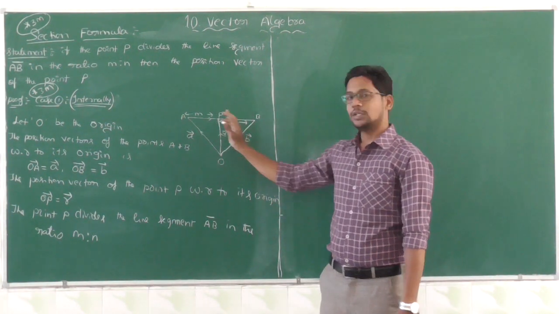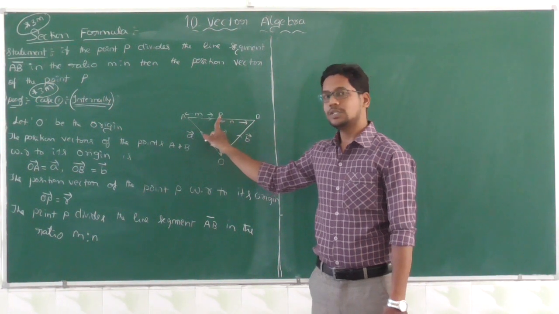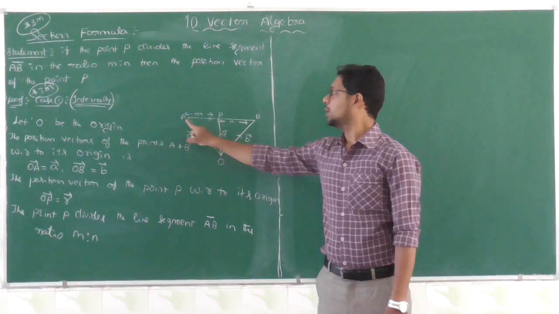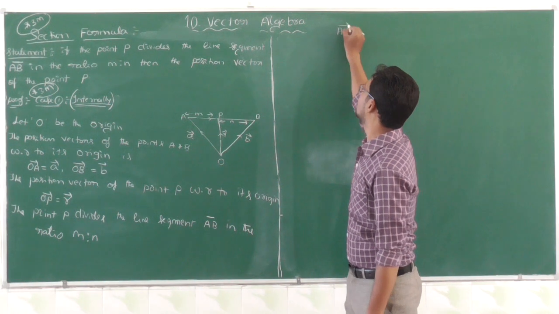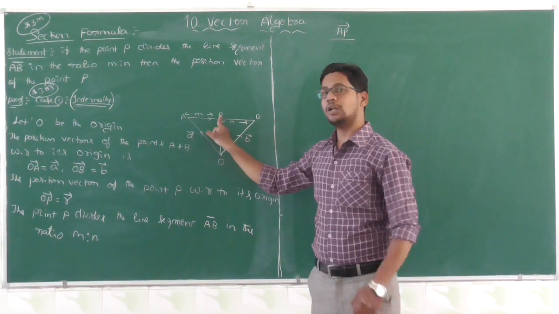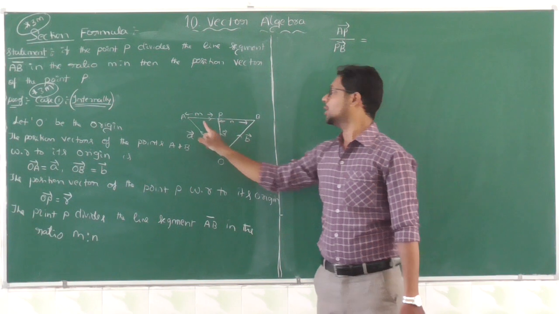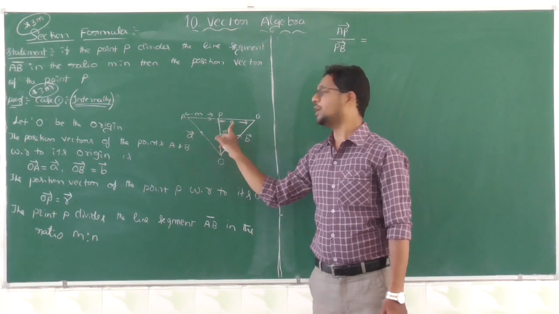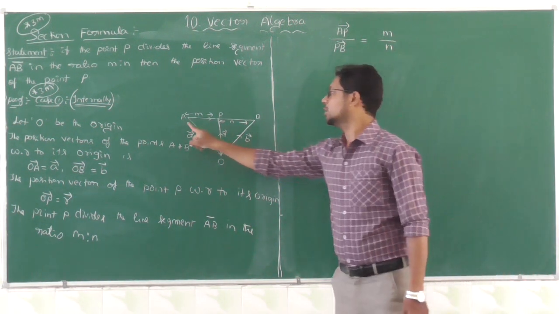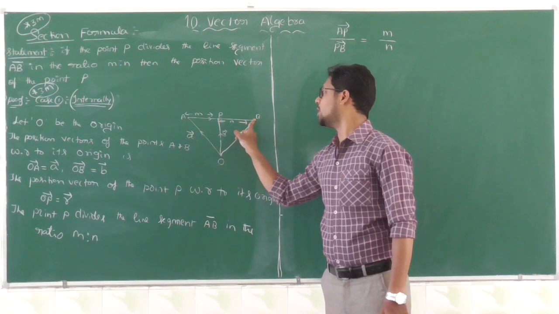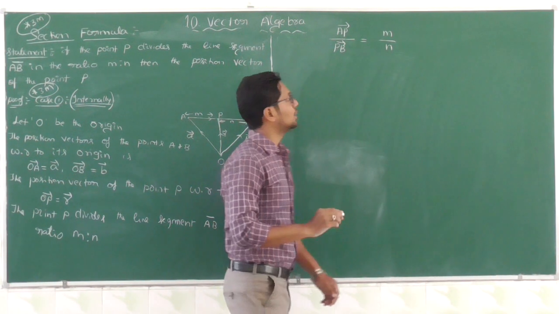You just observe this diagram. AP vector divided by PB vector equals the ratio M is to N, that is M divided by N. Okay, it is the step. Next step, we know that